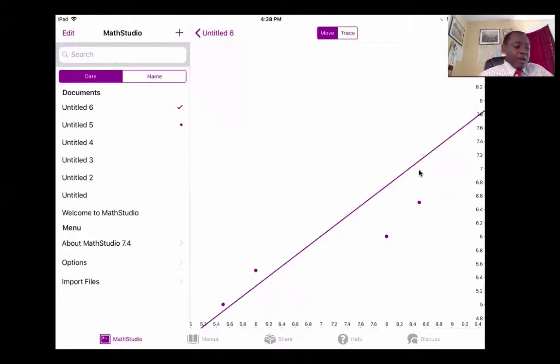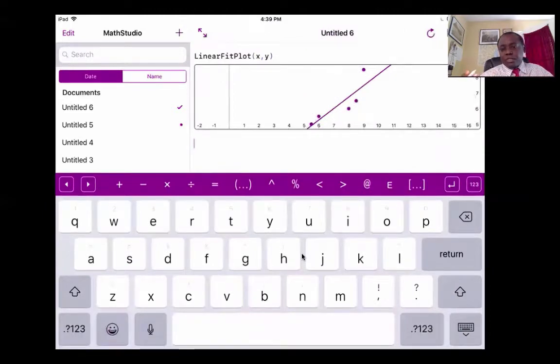You realize that if I wanted, for example, to find the value of Y for some particular X, all I have to do is hit trace. Okay, so right up there, we hit trace and put my finger anywhere on this line. And you see that tells me as X changes, Y changes. So if X is, say, 9.15, Y is going to be 7.59. We use this to predict future values. Well, that is not exactly what we are looking for, but at least